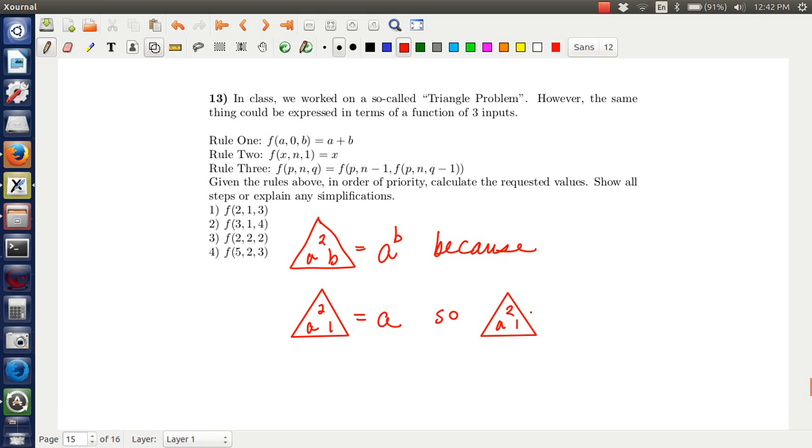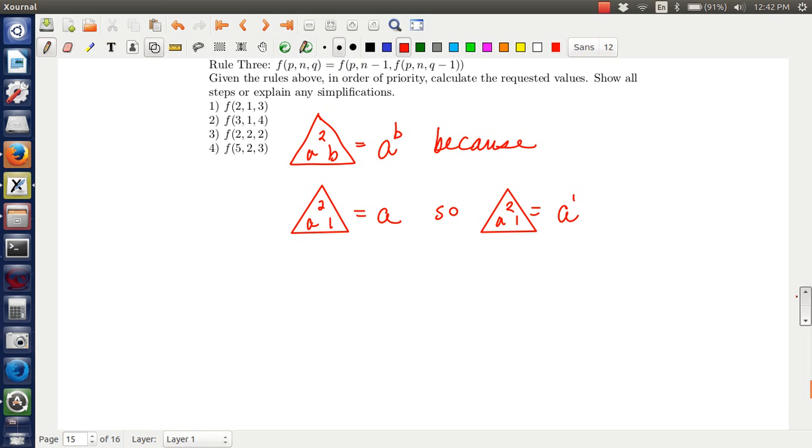A to 1 is equal to A to the power of 1. That seems really silly, right? But now they can nest. We can nest them just like we did before, and we can say, well, let's do another example. A to 2